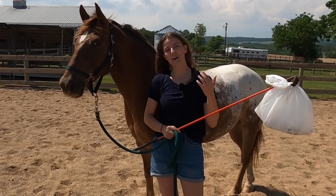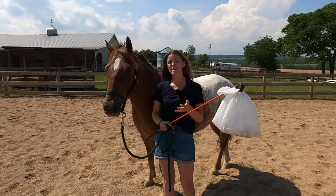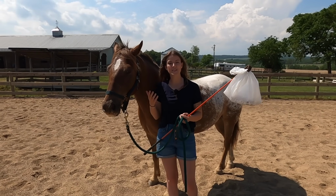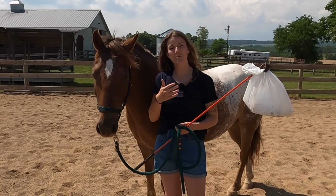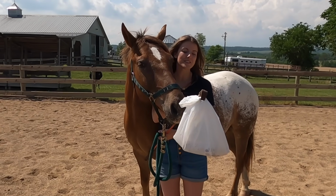Instead, you want them to be confident around it and accept it. So this is more about an atmosphere you create rather than playing with your horse. If you can create a fun atmosphere when it comes to desensitizing, it can help the horse accept the object a lot quicker. You can make desensitizing a game by having the horse accept the object for a little bit and then take it away and have the horse go to the object and be curious like this and smell